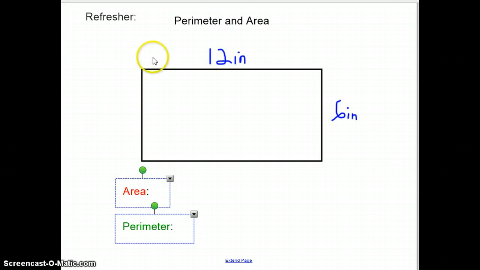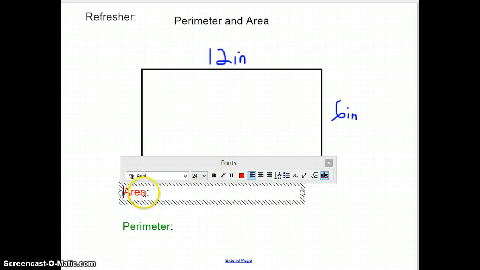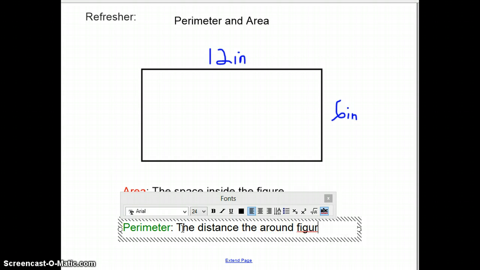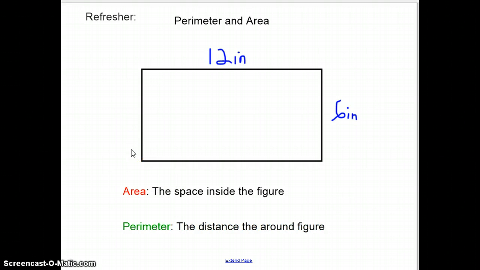Before we move forward, I just wanted to make sure that everybody understood Investigation 1, and that involved area and perimeter. The area involves the space inside the figure, and perimeter is the distance around the figure. These are things that you need to know moving into Investigation 2, so that's why I'm covering it,